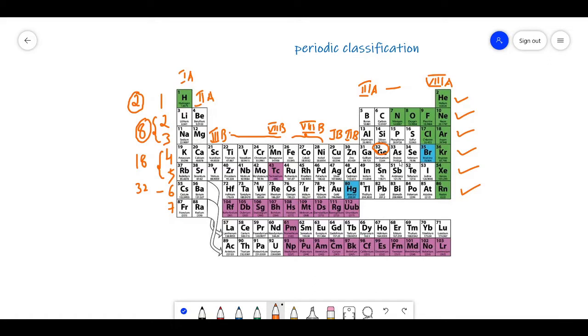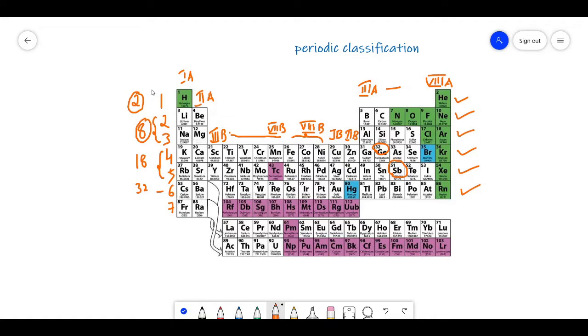You can use this for any atomic number. You just write these noble gases. Suppose the question is asked for 51. So write the noble gases: 54 is a noble gas, then 53, 52, 51. So this is 8, 7, 6 and 5. So 51 belongs to the fifth group. And when coming to the period, this is 1, 2, 3, 4, 5, the fifth period. In this way you can calculate. So this is a method to calculate group number and period if you don't know the periodic table.